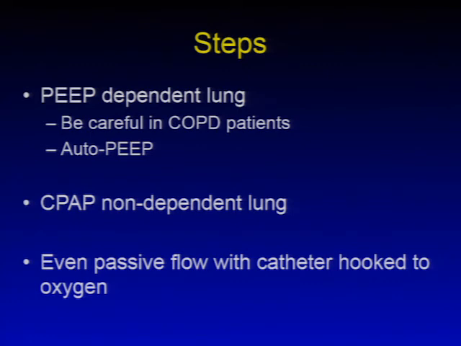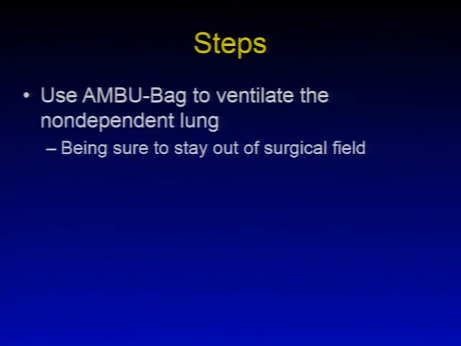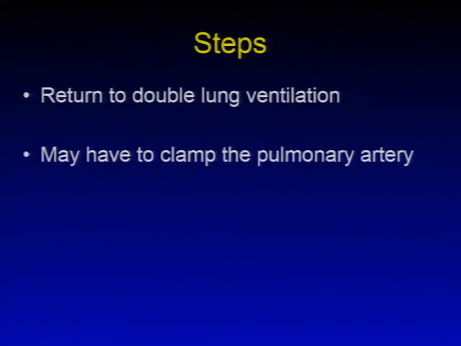You can even use passive flow with a catheter hooked up to an oxygen tubing. This may be better. Increase it to 2 liters. We don't want the surgical lung to be ventilated or the non-dependent lung to be ventilated. You can also use an ambu bag to ventilate the non-dependent lung, and you can look at the screen if they're doing a thoracoscopy, or you can also look in the chest to see if you're staying out of their field. And you may have to return to double lung ventilation,